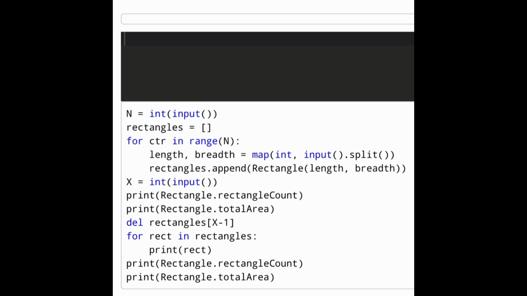But in this code, we are directly printing an object, which is not possible. Whenever you directly print an object, it will be converted into a string and a hexadecimal value will be printed. So in order to get the length and breadth, we should be overriding the str method also. While overriding the str method, we have to return the string in the required format, like length is equal to self.length and breadth is equal to self.breadth. So like that we have to override the str method in order to get the desired output. Now let us see the actual code.